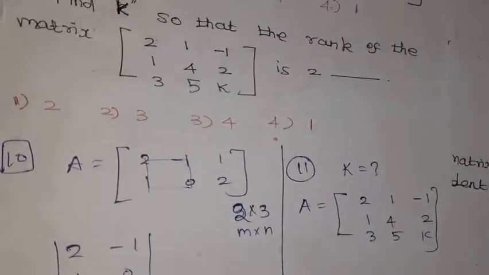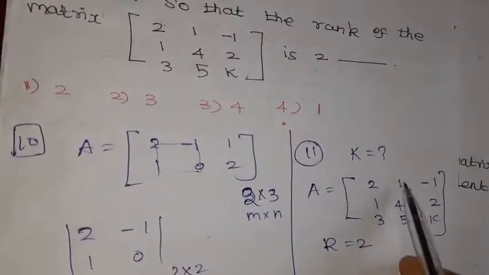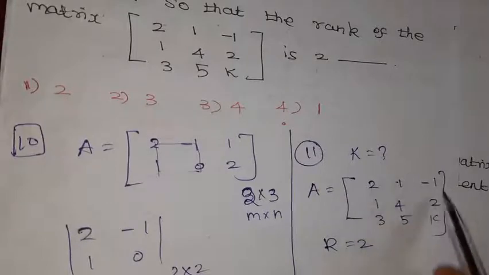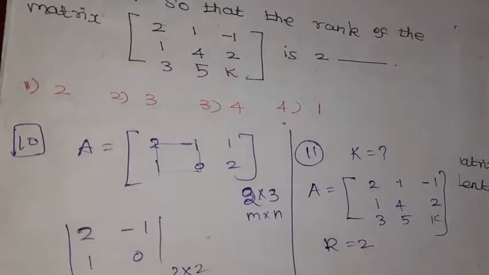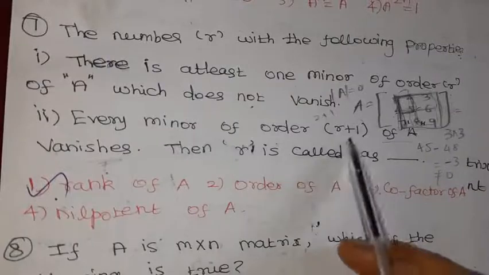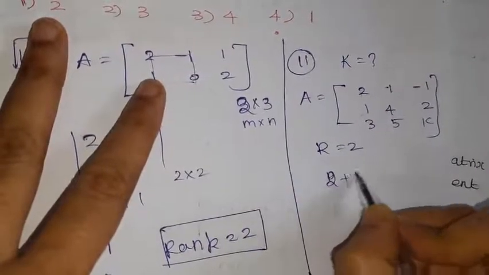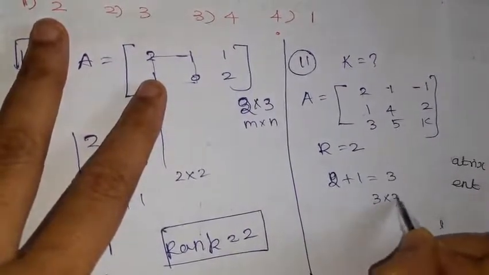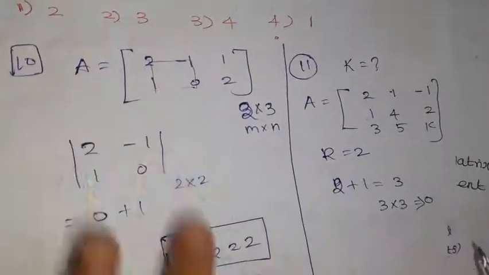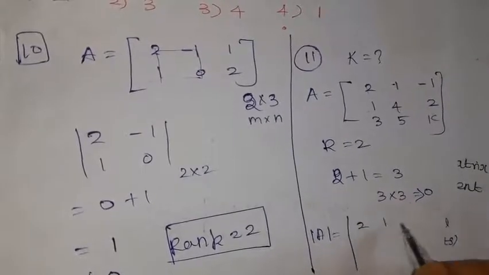So what is actually told? Rank is 2. Rank is 2 means a 2 cross 2 minor does not vanish. So what is the next point here? If the rank is 2, then the minors of order R plus 1 of A vanish. Rank is 2, so 2 plus 1, which is 3. So the 3 cross 3 matrix vanishes, which means the determinant should be equal to 0,